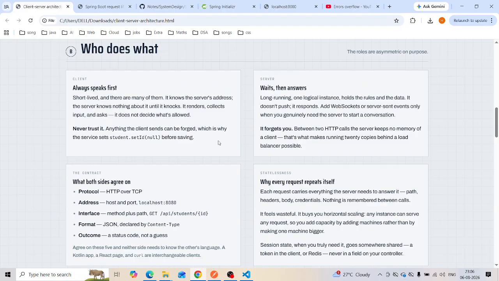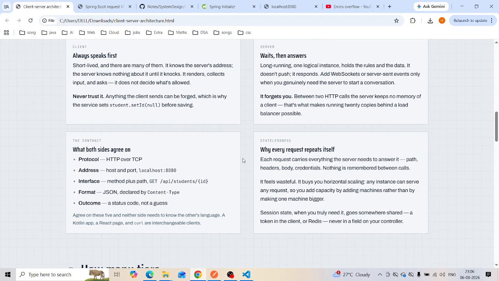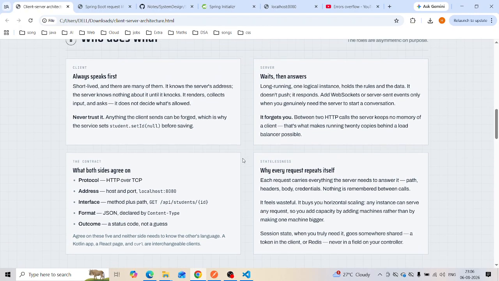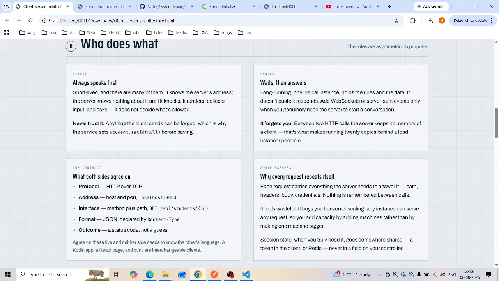Now we'll see who does what. The client is short-lived, and there are many of them. It knows the server's address. This is some theory you can read and understand. It always speaks first, waits, then gets an answer. Practically, that is what we have seen, right? The server is long-running, one logical instance, and it holds the rules and the data.